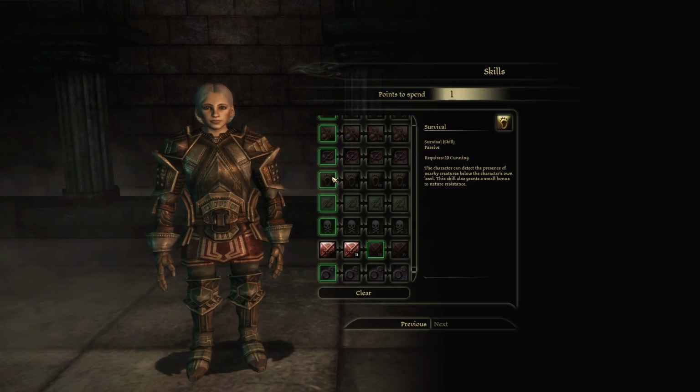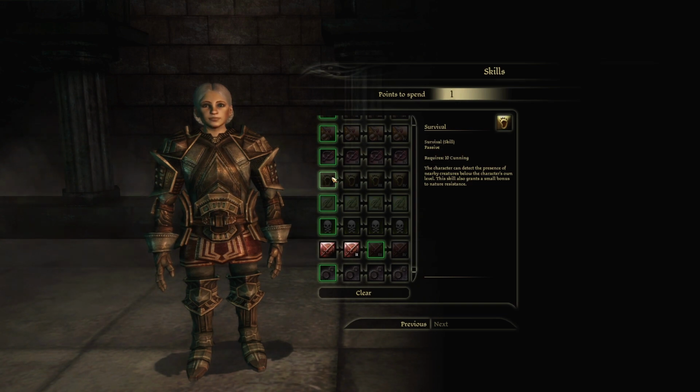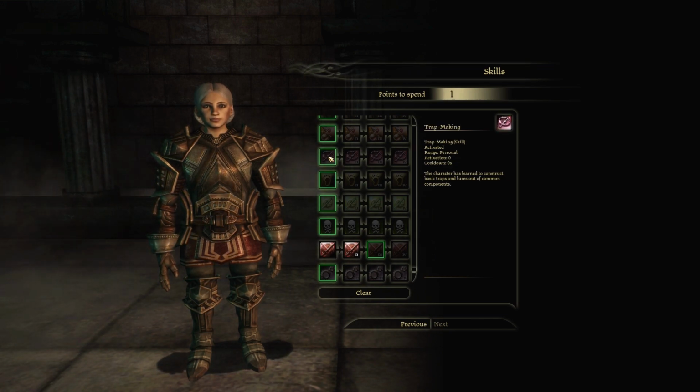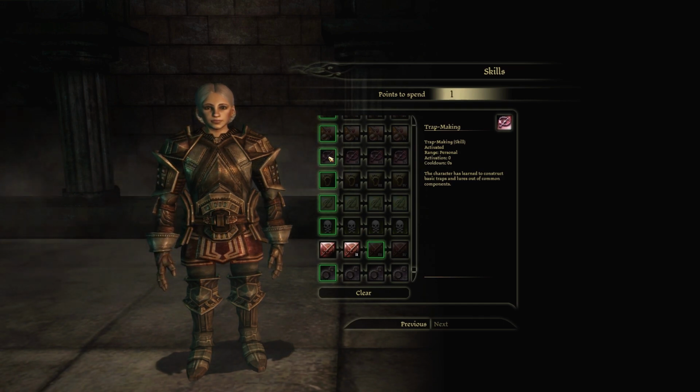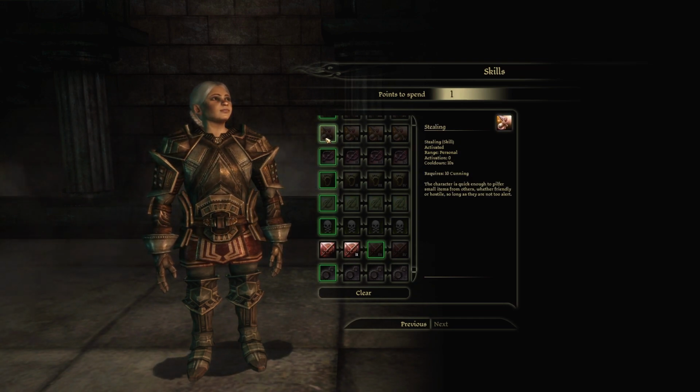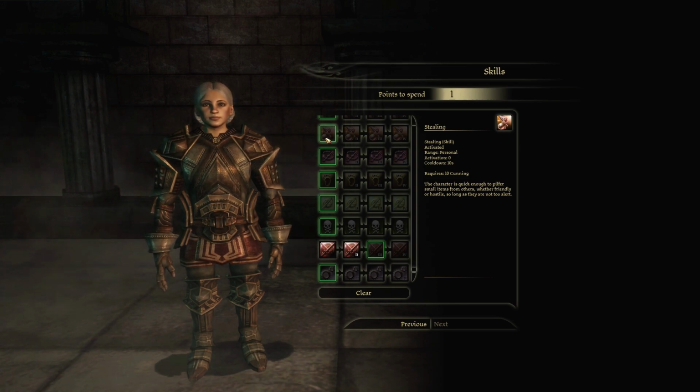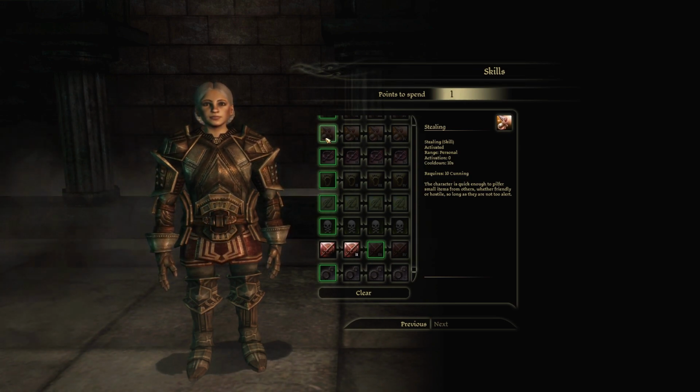Survival, the character can detect the presence of nearby creatures below the character's own level. This skill also grants a small bonus to nature's resistance. Trap making, the character has learned to construct basic traps and lures out of common components. Stealing, the character is quick enough to pilfer small items from others, whether friendly or hostile, as long as they